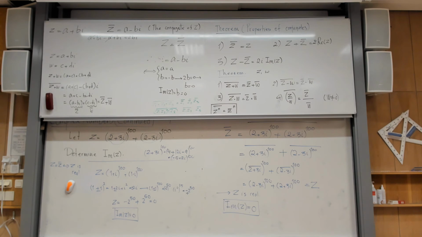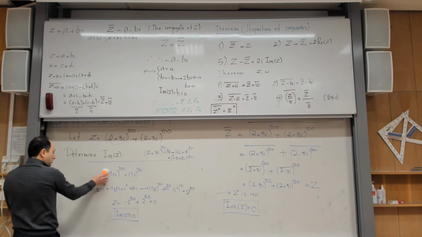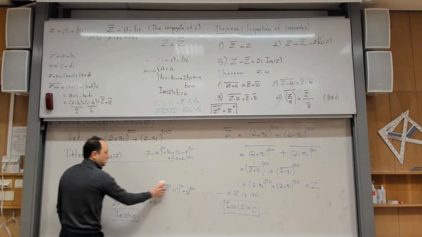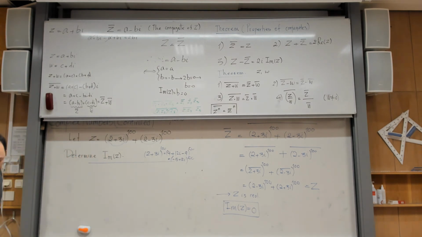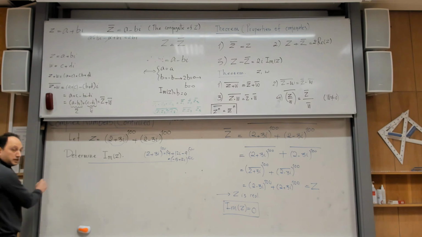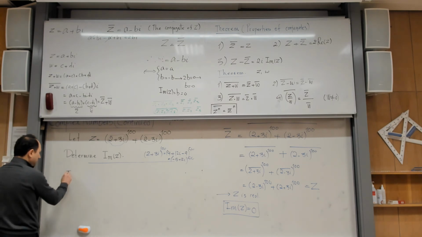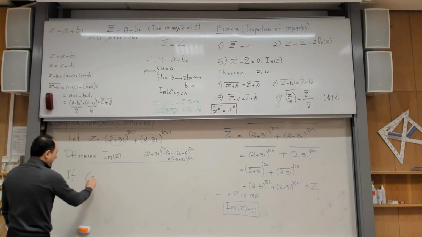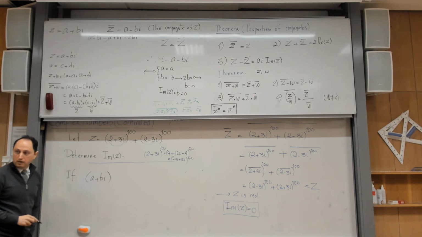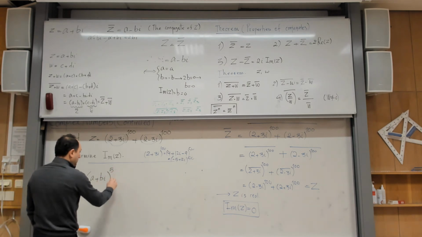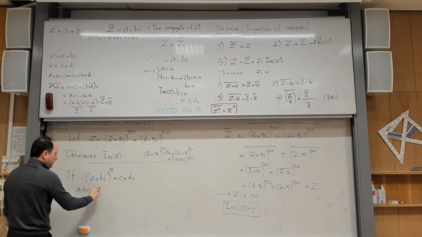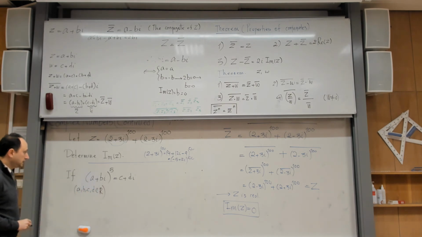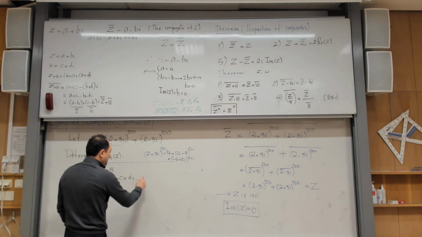This, I will call it this. I think you have to be creative to be able to solve this. Not hard. Algebra is not hard, but you have to find a way to do it. Okay. I am telling you this example. If (a + bi) to the power of 5 is equal to c + di, where a, b, c, d are all real numbers, show that